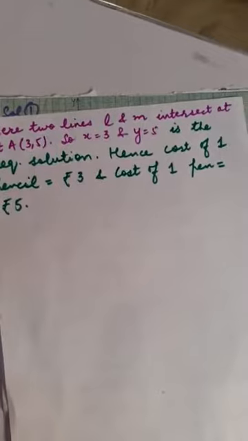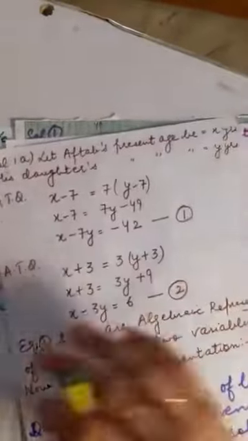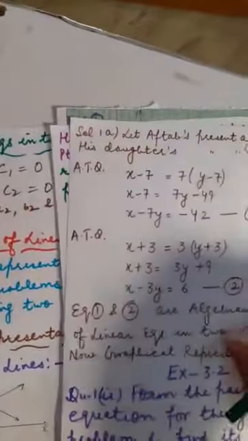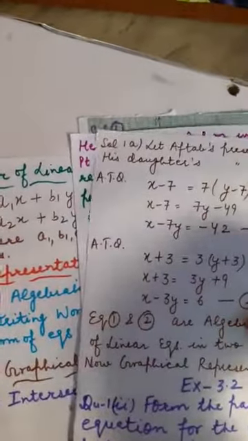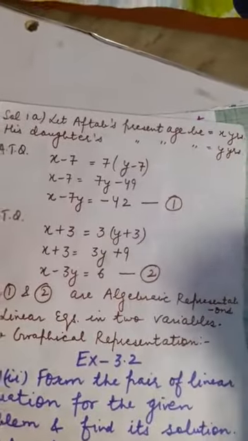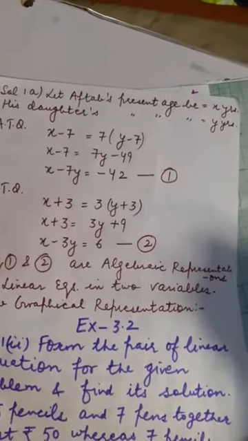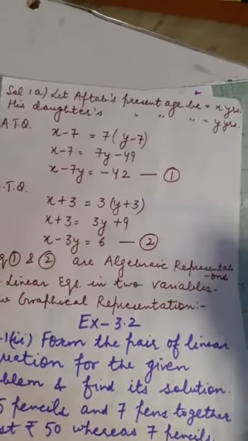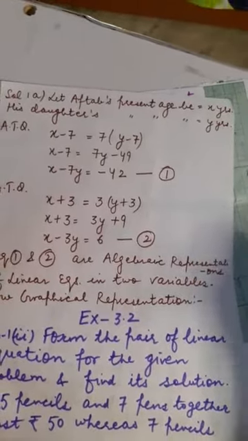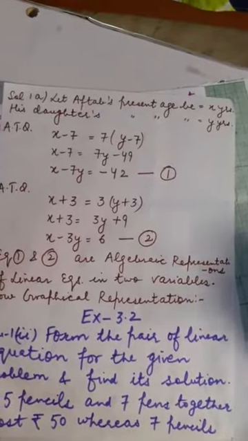Understood? Now children, please note down your mathematics homework. You will have to revise examples 1, 2 and 3, which are there before exercise 3.1. And along with it, you have to do question number 2 and question number 3 of exercise 3.1 of NCERT, and question number 1, first part of exercise 3.2.